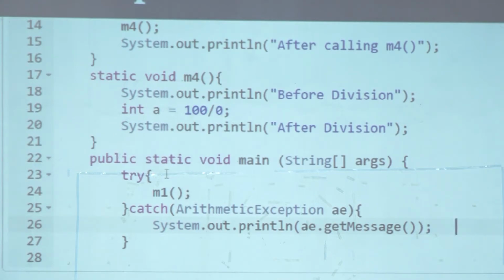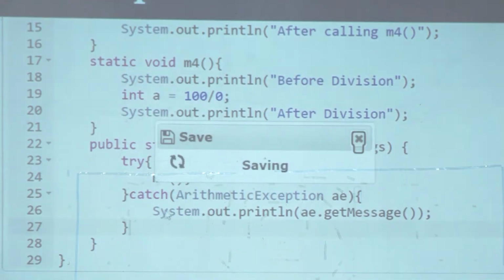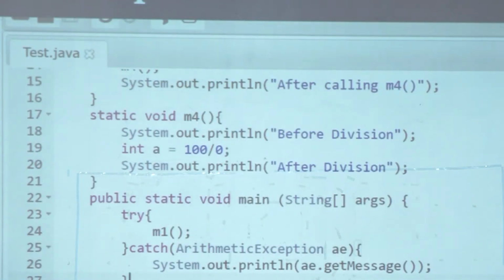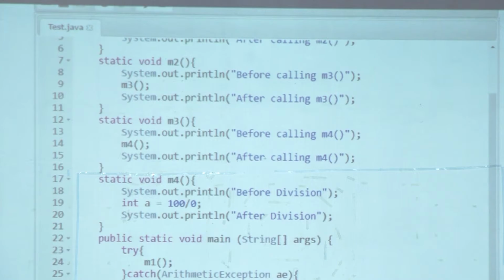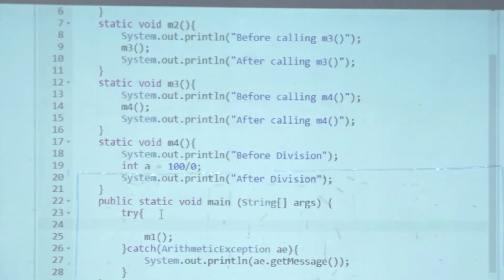Okay. So let's see what happens when we execute. So what do you think is going to be the output? If you want, I'll add one more line in main before calling M1. You can add before M1, and after M1 I will say after M1.